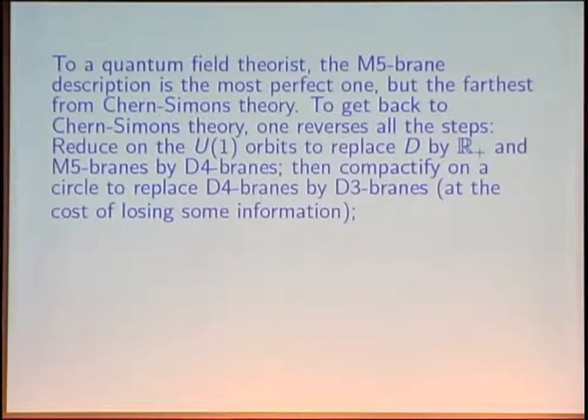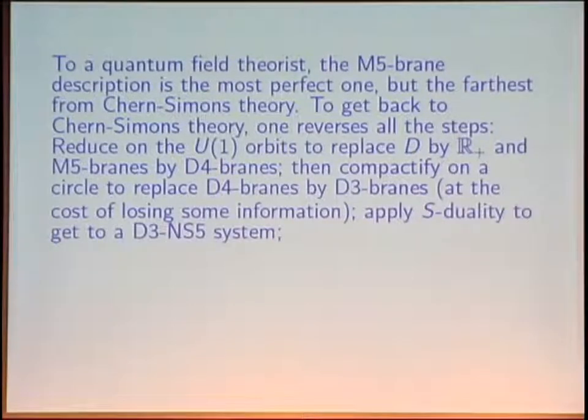This step is irreversible. It loses information. There will be a sequence of steps. They're all dualities, except that here, when you compactify on a circle, you're taking a supertrace and you lose some information. That's where you replace a theory by its index, which is an irreversible step with information being lost.